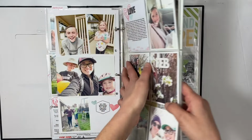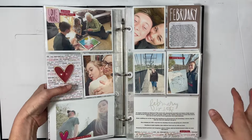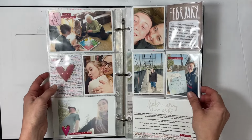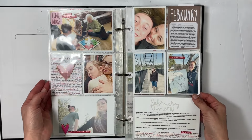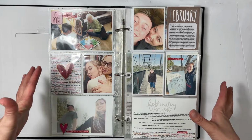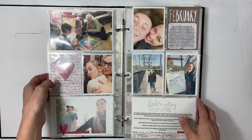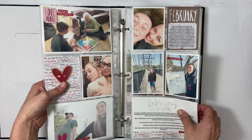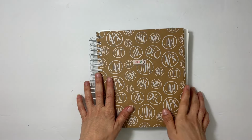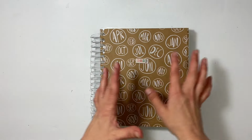Like I said a while ago, these 6x12 pages are super easy to come together. And the only reason I'm not doing more 6x12 is just because I want to have a little bit more room when I'm doing Project Life, since I tend to not be able to narrow down my photos as well as I'd like. The last album is, of course, 2023, and you guys saw all of these process videos